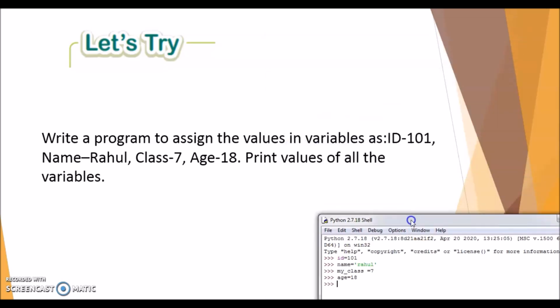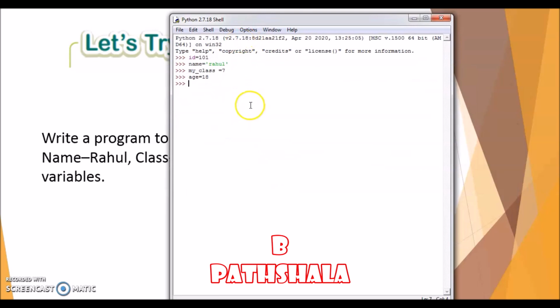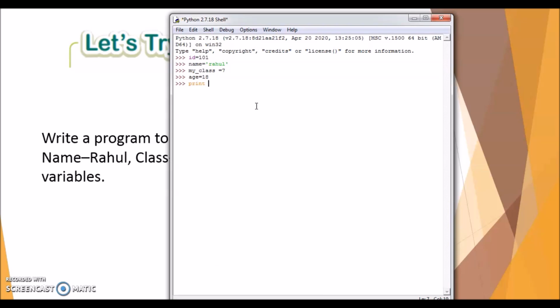Now it says print the values of all the variables. Wherever I want to print the values of the variables, the command we use is print. So print, my id is, then the variable id. I just entered it, and you can see it works. Next, I'm copying this, and here I would write my name is, and the variable would be name.